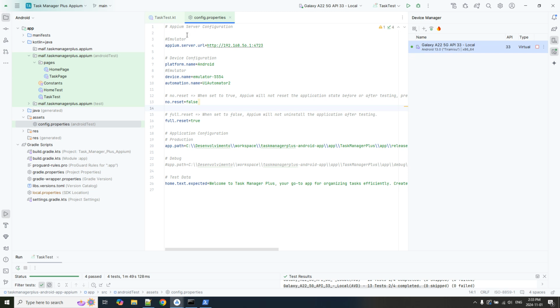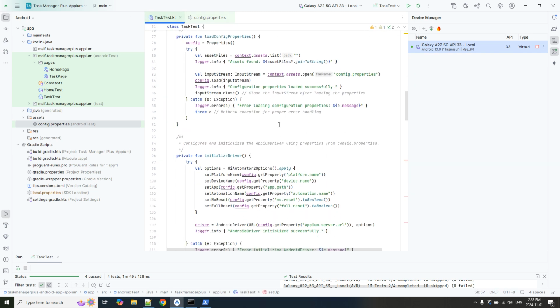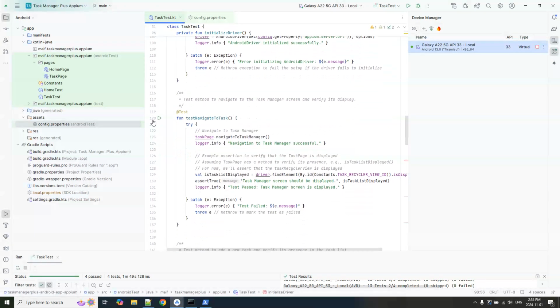Here is just for test, but now come back here. Here is not the magic, but here is how the driver is started. I'm using this here, okay? It's automation options to set the properties and initialize the driver. In here, and now I start to